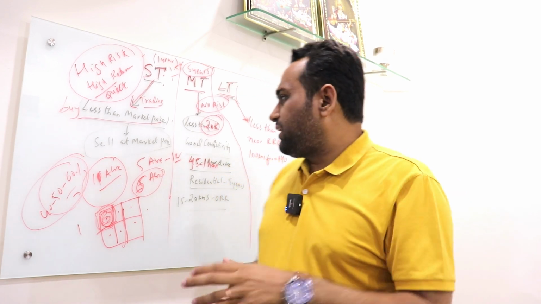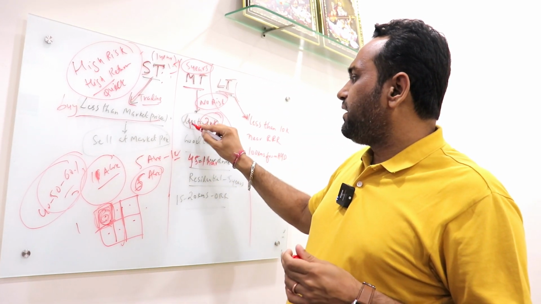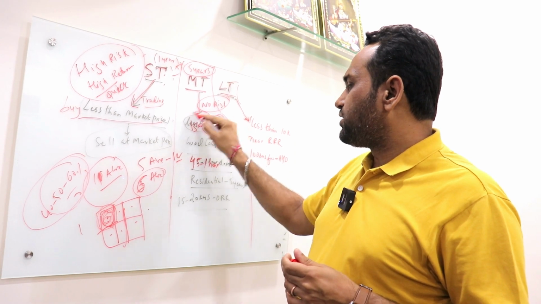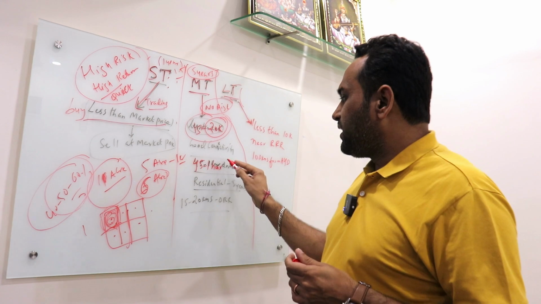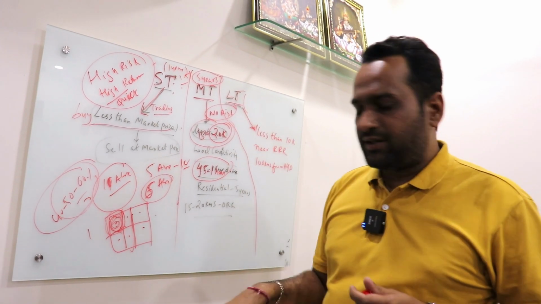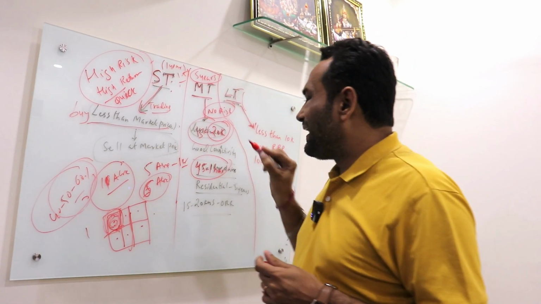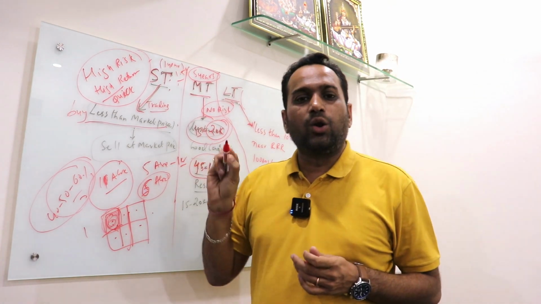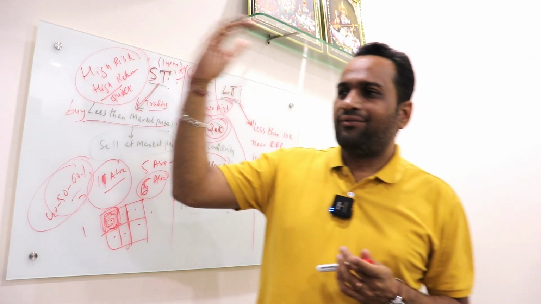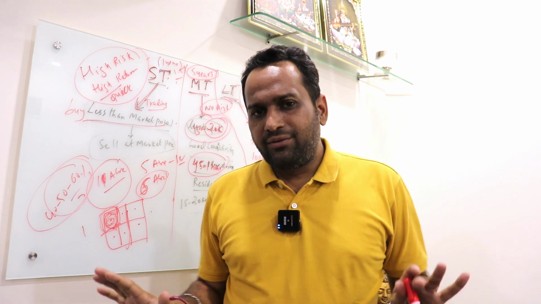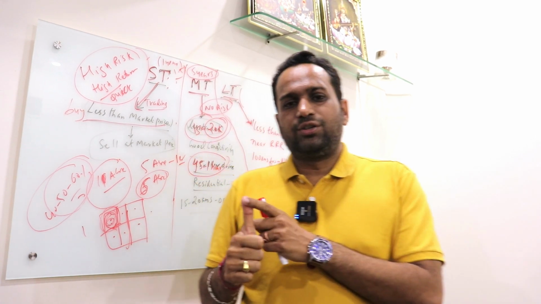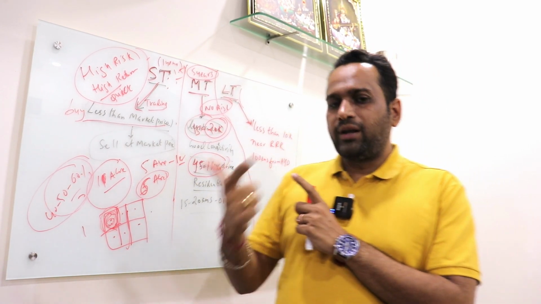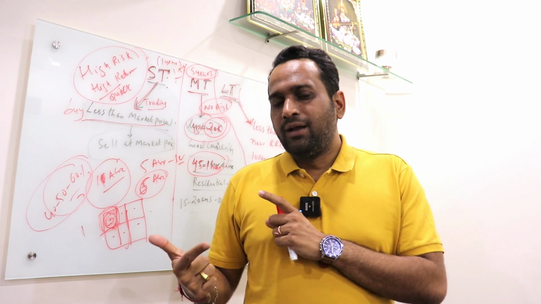So try to get entry between 15,000 and 20,000 per square yard in an area which is around 1 hour drive from the main hub of the city, which has good connectivity. Connectivity plays a prominent role. If you buy something somewhere which has no connectivity, you definitely cannot expect residential activity to happen there, isn't it? So good connectivity, which means good roads, good location, 1 hour distance from the current hub, high probability